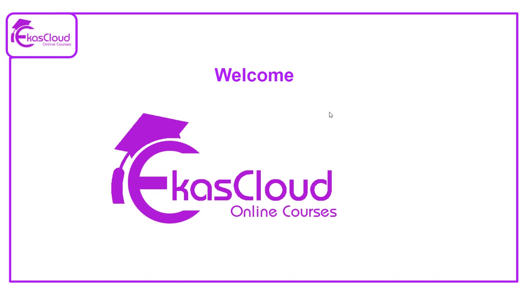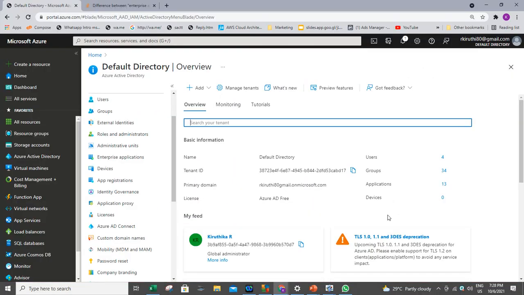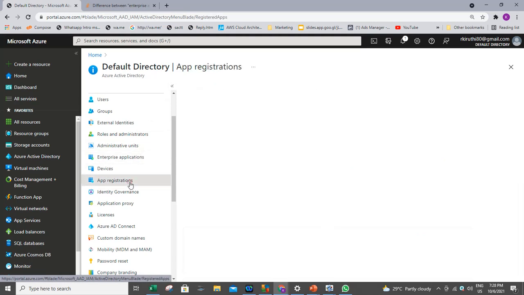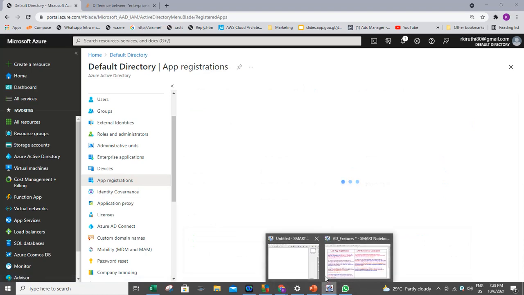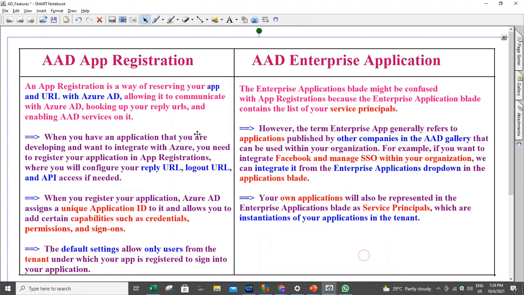Hello, welcome everyone. Today we will understand what is Azure Active Directory, Enterprise Application and App Registration. Both are different categories, and most of us will get confused about what this is and why